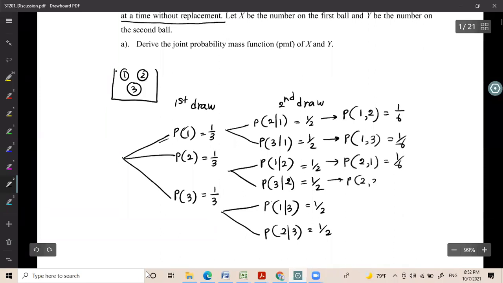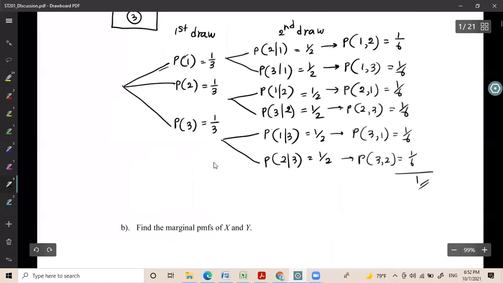2 and 3, 3 and 1, 3 and 2, right? And if you add all these probabilities, 1/6, 6 times, you get total probability 1. Now let's write down the